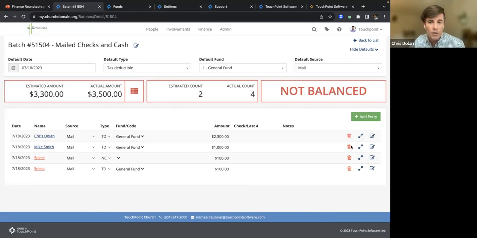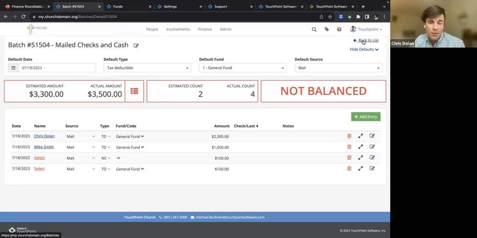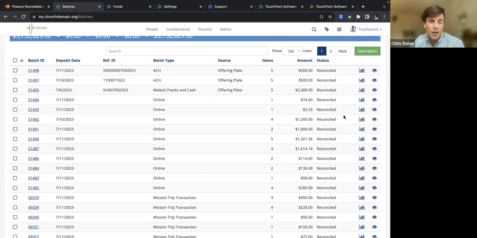To Jeffrey's question, Haley, you are only able to delete things out of open batches. Once it's closed, you can't delete it. Also address the issue of online batches. Yeah, that's the other thing. We've made it so that you can't delete online ones because it's something that actually happened and processed online.